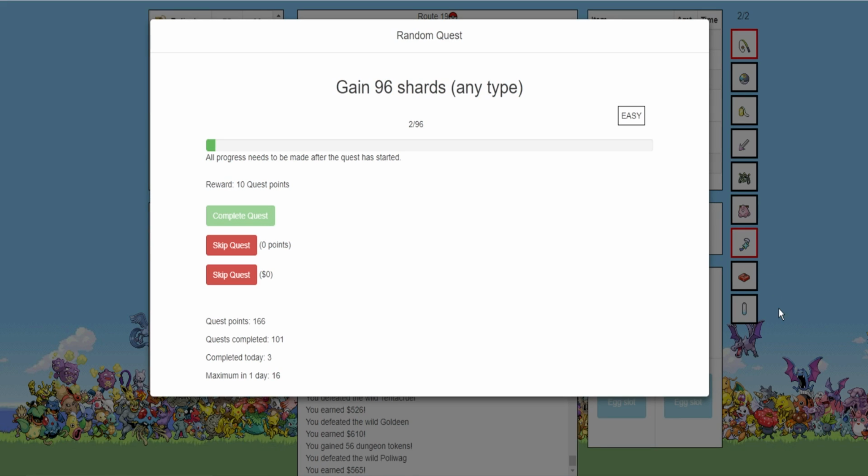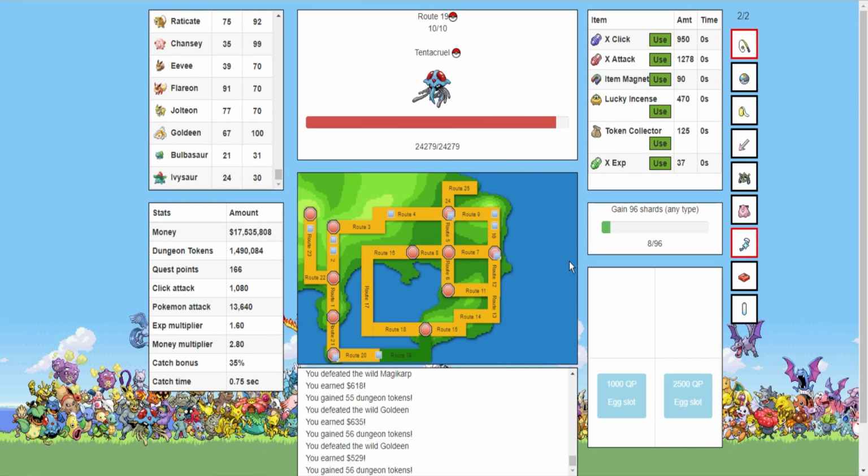A shard quest. I'm trying to get a quest that works overnight. So the way the quest works, that I just recently found out, someone did tell me in the comments as well, is basically the more quests you do in a day, the better the quests get. Like the harder they get and whatnot. So sadly, today and tomorrow I'm probably gonna have really bad ones, but I'm just gonna continue kind of grinding